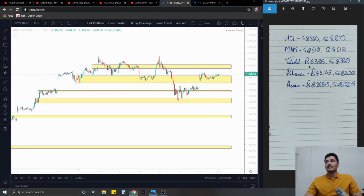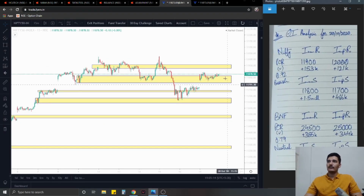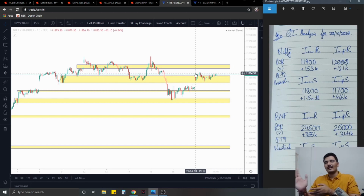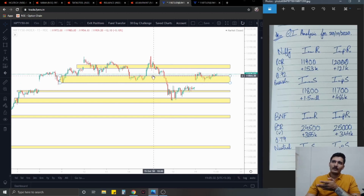Moving on to the indices, starting with, as usual, Nifty first. Now Nifty, we had this same zone, if you can see on the chart, from roughly 11,810 to 11,860, and this zone was crossed in a gap, but the price did interact with this zone throughout the trading session and it seems to have undergone a role reversal of sorts after it was broken on the downside. Demand turned supply and now again it seems to be acting as demand,